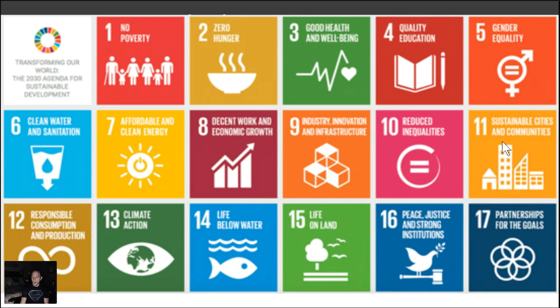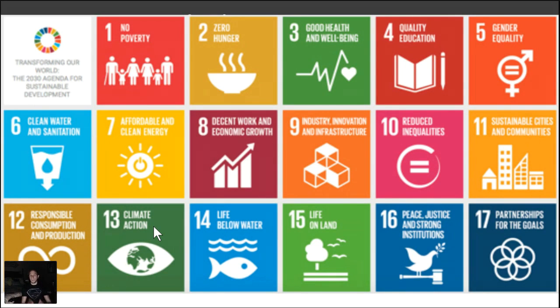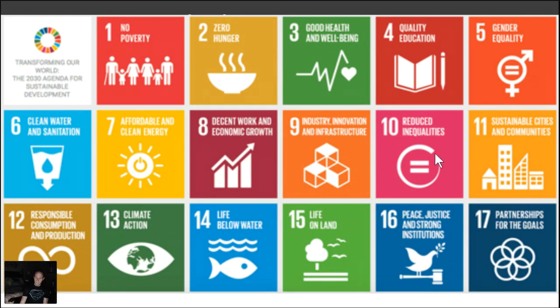You're going to see where sustainable urban development is a huge part of that. Climate action is a huge part of that. If we're causing the climate to change because of our activities, one of the things we must do as a globe, and not just as a couple of states here and there in one country, but globally, is find ways to fix that. And we are running out of time, right? You guys can look at the rest.